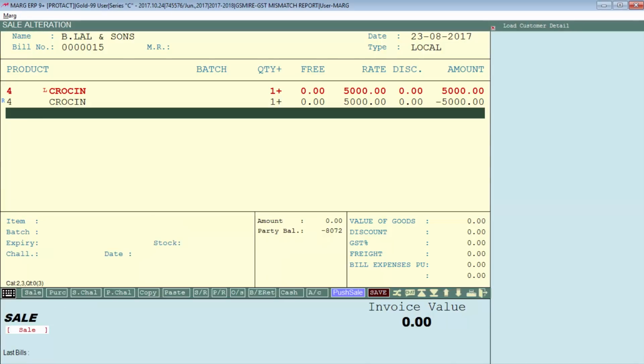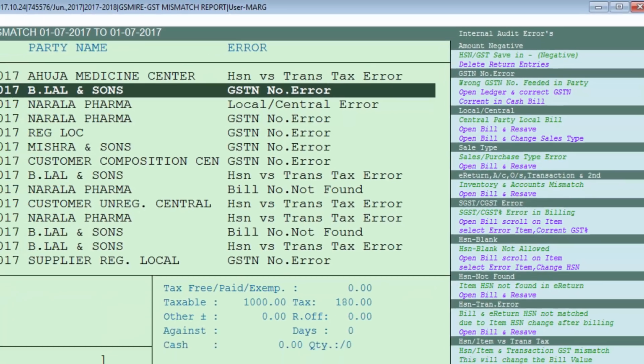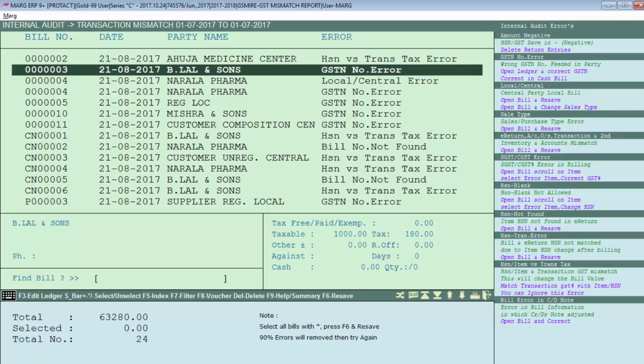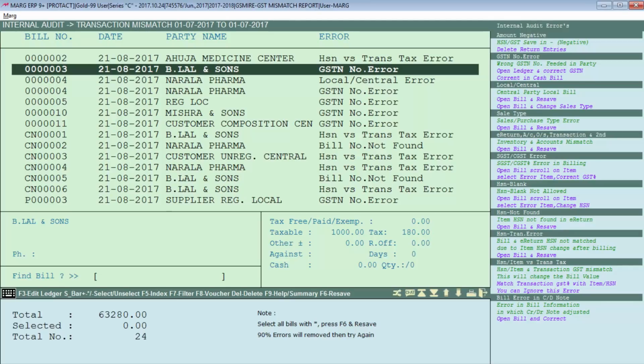You can correct this. Next error is GSTN number error. It means a wrong GSTN number is entered in the party. Now suppose the GSTN number error is showing on bill number 003. So this means that the bill which has been created for a party, that party's GSTN number has been wrongly entered in his ledger.